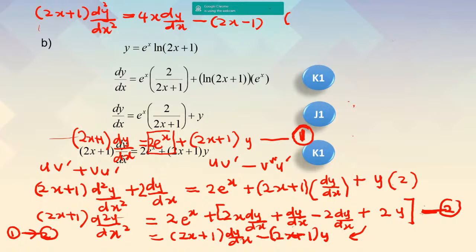Expand the right hand side. So copy back the left hand side, then you expand the right hand side. So 2x